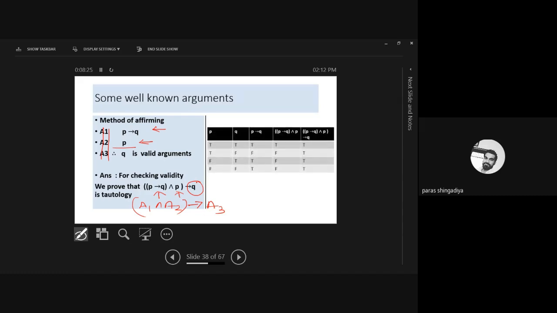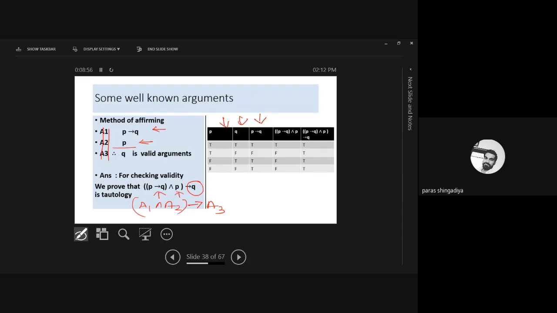So for that, prepare this table. Create the required columns, and then check your final answer. Here 2 statements are given, P and Q, so it requires 2 columns, P and Q, which reflect the 4 outcomes: TT, TF, FT, and FF. Then check the A1 answer. In A1 we check the P conditionally Q answer, so it will be T, F, T, and T. That is the column of P conditionally Q.